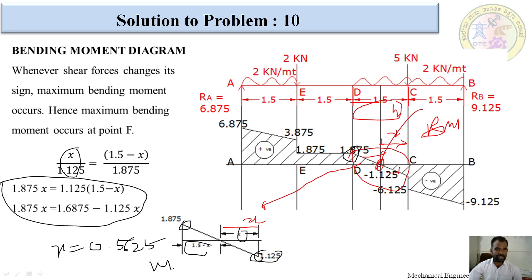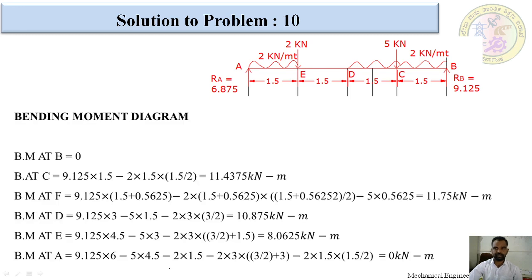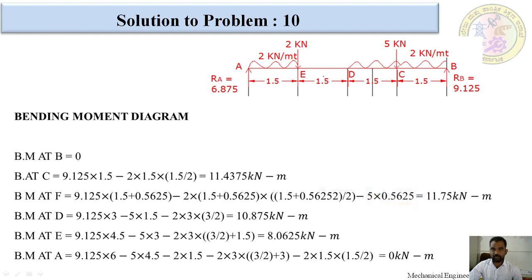Next we are going to have the bending moment calculation. At the support, I have discussed in the previous session also, bending moment is always 0. By calculation also it will be 0, by posture also it will be 0. So bending moment at B is equal to 0, and bending moment at A is equal to 0. Next, we only require to calculate between supports. These are the critical points we are supposed to calculate.